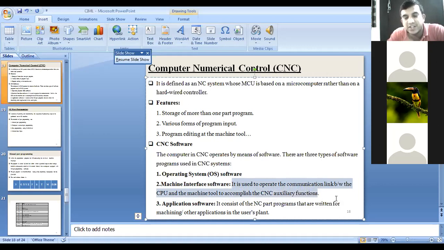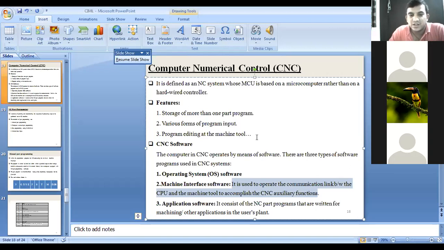In the design lab, we have two machines: one is the turning machine, the lathe machine, and another is the milling machine. The computer and equipment are also there. In between, you can see the machine interface software or unit, and the MCU also.